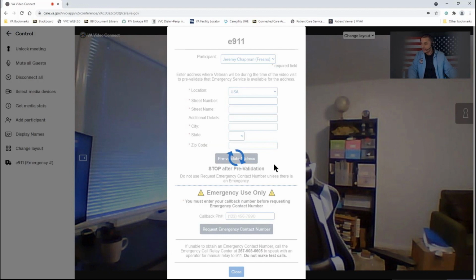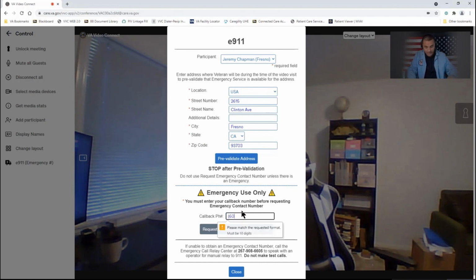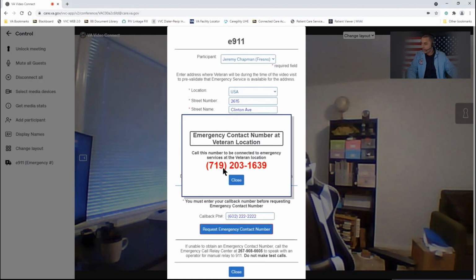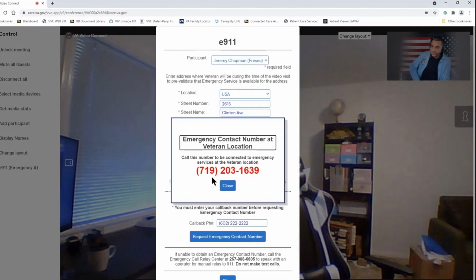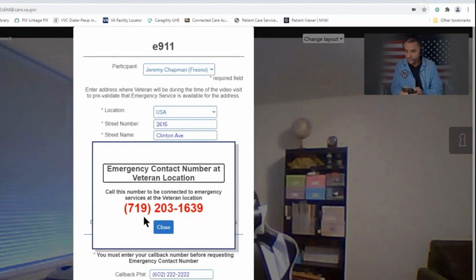I need to make sure that I get immediate assistance to him because he's home by himself and I'm not exactly sure what's going on. So I've already pre-validated his address. I'm going to put in my callback number here and it says use only in case of an emergency. And this is a true emergency. So I'm going to put in my phone number right now and I'm going to request an emergency contact number. All right, so now it's giving me this number. I'm going to get my phone and dial this number so I can speak to the E911 center,